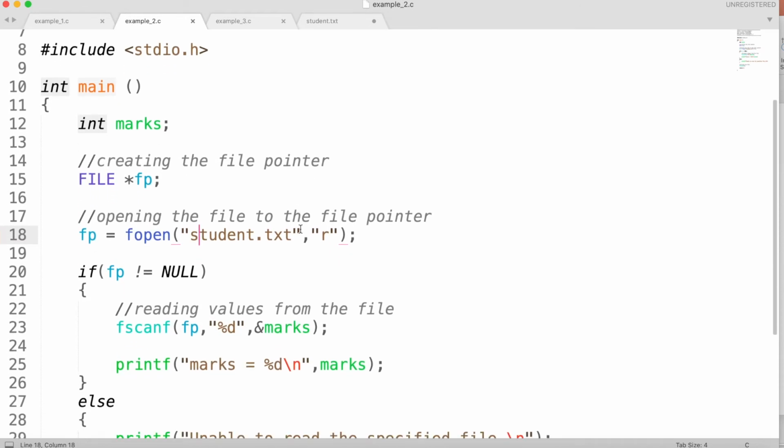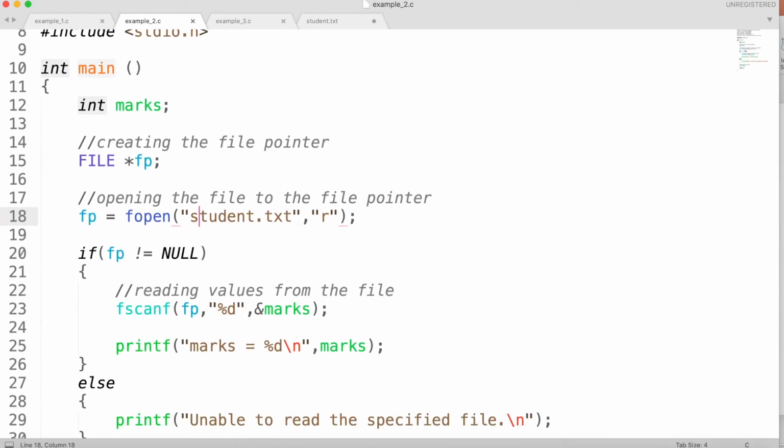In example 2, what I am telling my computer is: open the student.txt file, which is located in your current folder where you have stored your executable file. Then I'm checking an if condition. So I'm handling the segmentation fault error manually by using my program code. I'm checking whether, even after using the fopen command, the file pointer is still assigned to null.